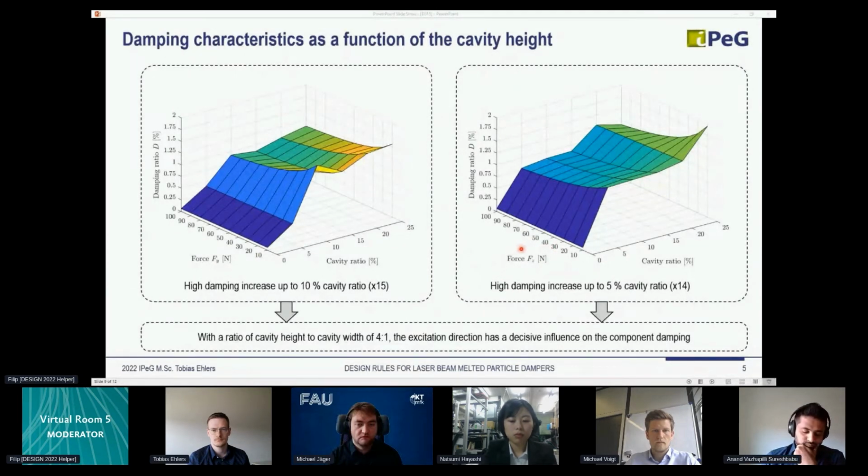The cavity volume of 0%, which is here and here, represents the initial situation of the fully fused beam without particle damping. For the particle damped beams, the damping decreases with increasing forces, which you can see here. But the damping curve is approximately force independent for forces of 100 Newton and above, which is here. Thus, the influence of the cavity height for high forces is to be analyzed in the case of 100 Newton,